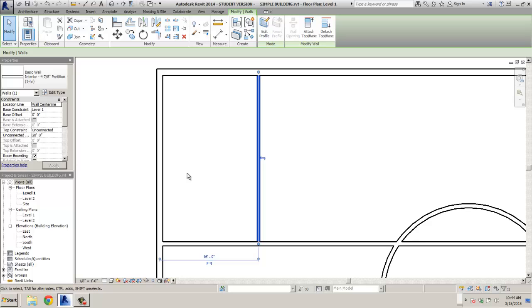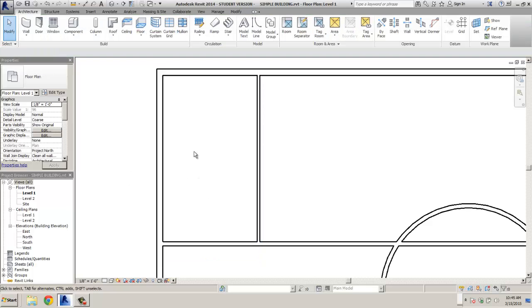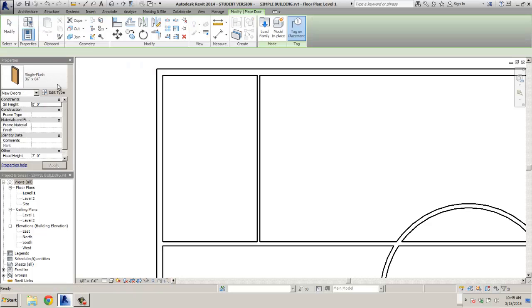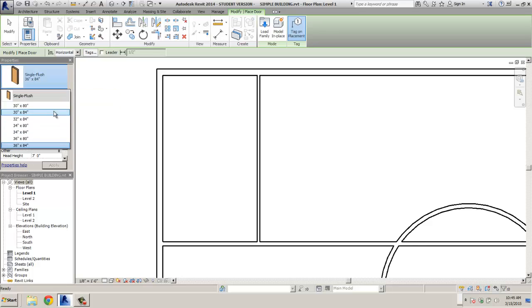Now we're going to zoom in to the upper room on the corner. I'll just click out here to deselect it. And we're going to place a door in this wall. So I'm going to select my door option. And there's a door. If you drop this down, you select it, you can select different size doors. I'm going to go with a